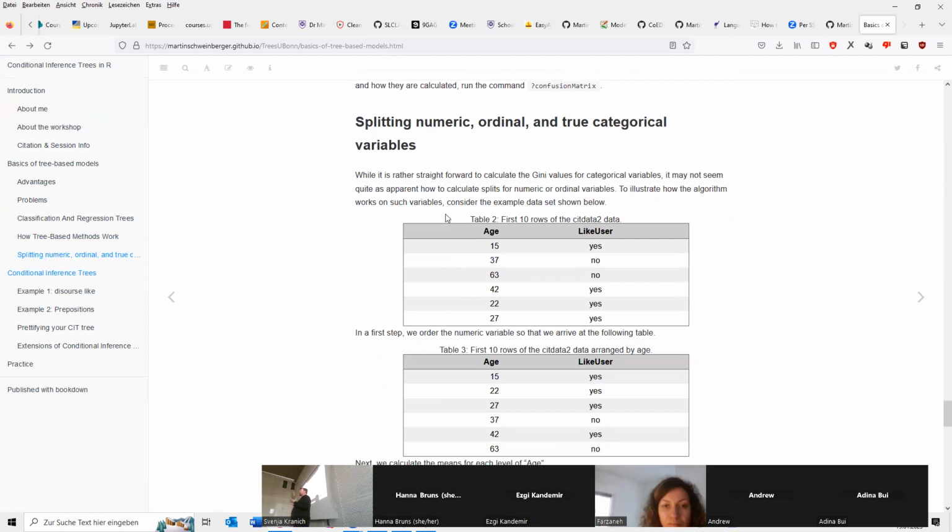Now, what I've talked about so far is when you calculate the data, you can split it by male and female. But what about if you have numeric variables? So let's say you have frequencies. You can't tabulate frequencies, because you don't know where to split it. So how a conditional inference tree works is that it looks at a speaker. For example, we have one speaker who's 15